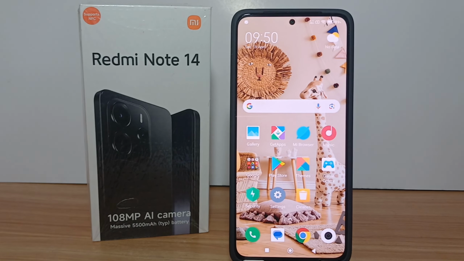Alright guys, here's the tutorial on how to change screen lock on Redmi Note 14, and thank you